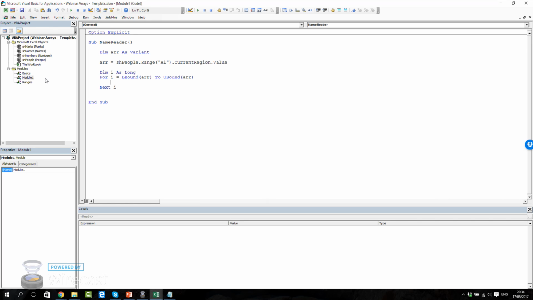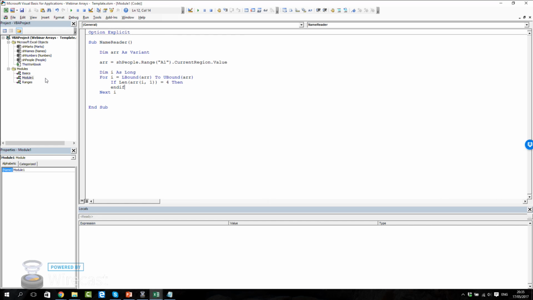And so what we want to do now is check the name. So we basically do it like this. We do array I. So I is the first item, and it's 1. I is the current item, and 1 is the item in the first position. So if the length of this is equal to 4, then